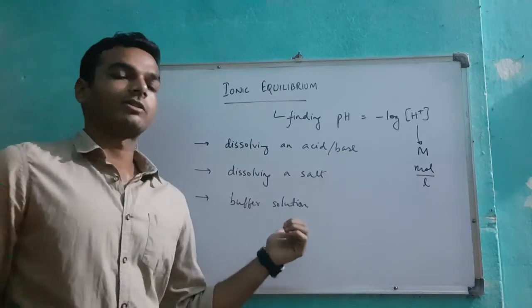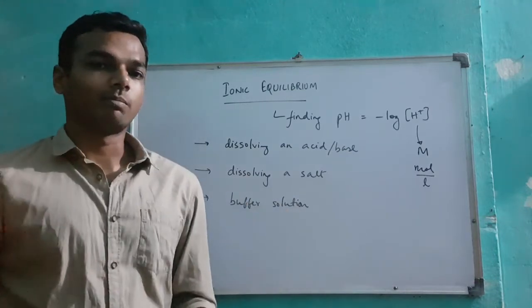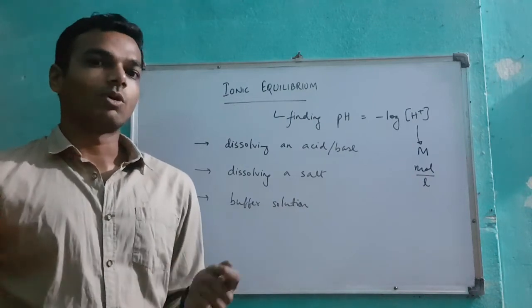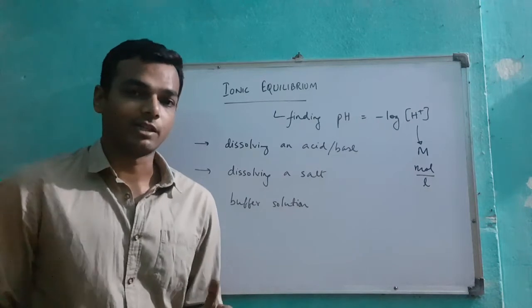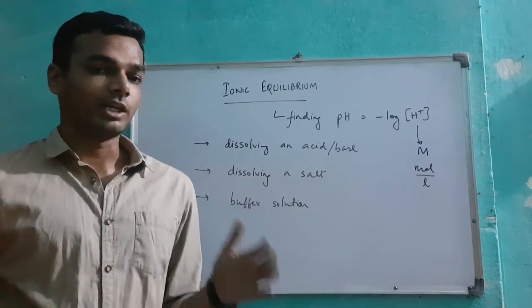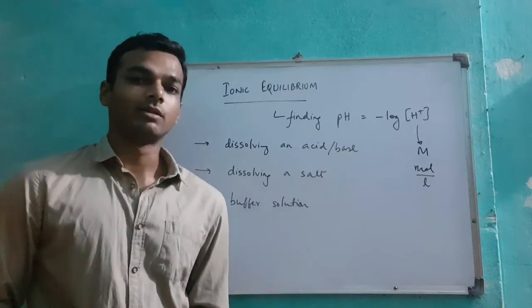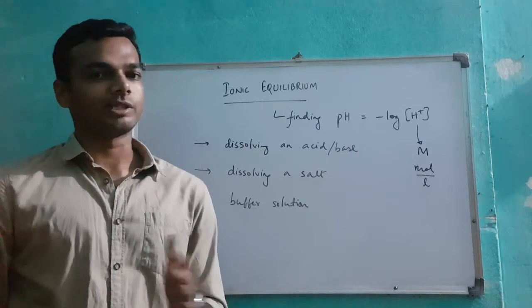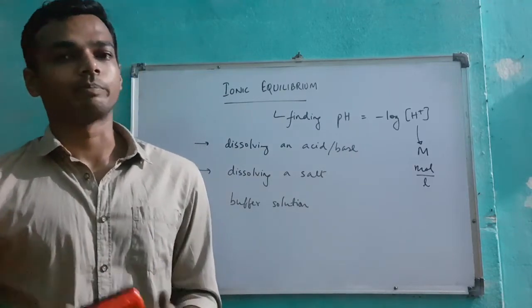Buffer solution is a special solution. So we'll talk about what comprises a buffer, but what it essentially does is, even if you add H plus ions or OH minus ions, it will not change the pH of the solution. Essentially, if you add something that is acidic or basic to the solution, it won't change the pH. One of the best examples is your blood. So we keep consuming many substances throughout the day, acidic and basic both, but the blood ensures that the pH of the body remains the same.